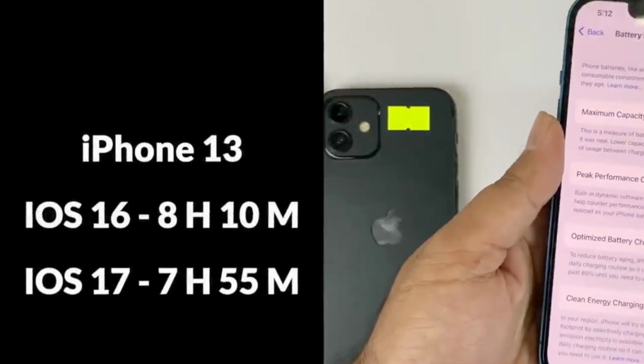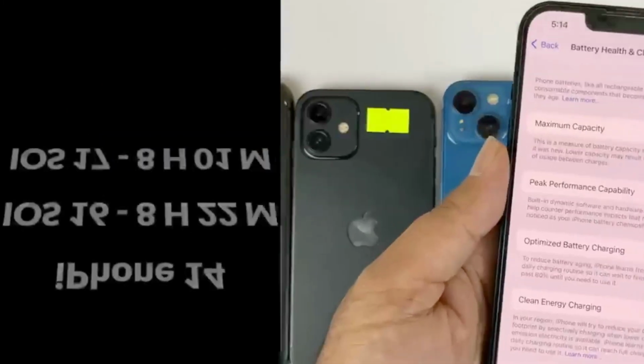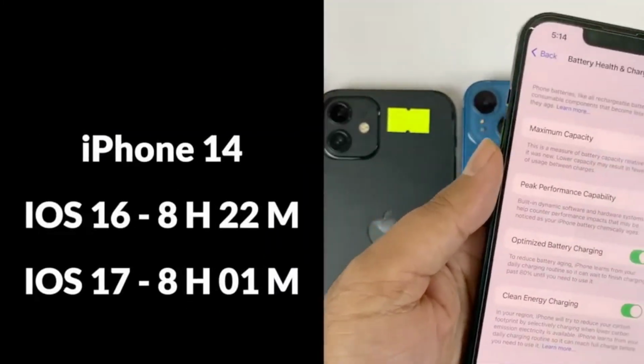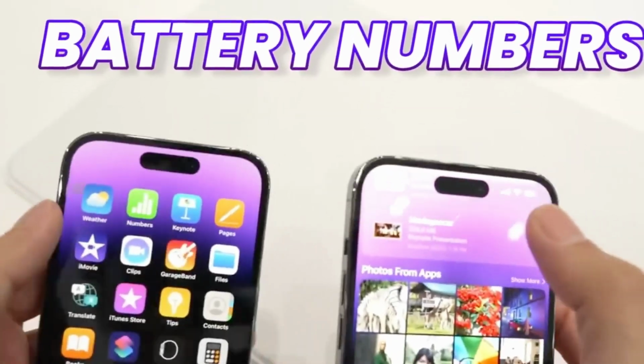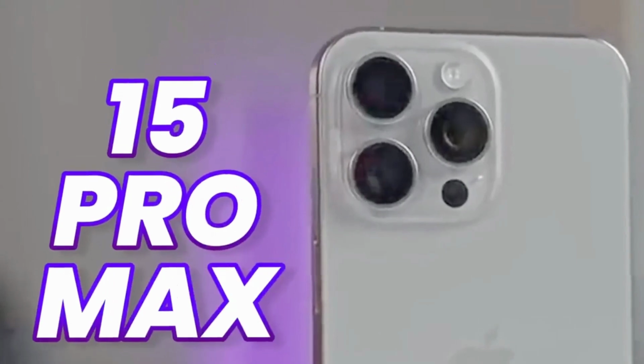I did also realize I left my SIM in this phone for the first few hours of this test, which will make very minimal difference when on Wi-Fi, but just for the sake of clarity it probably would have lasted an extra 5 minutes. And then what I did not see coming, the winner of this entire test and by far the longest score I've ever